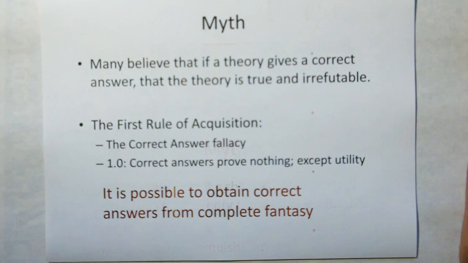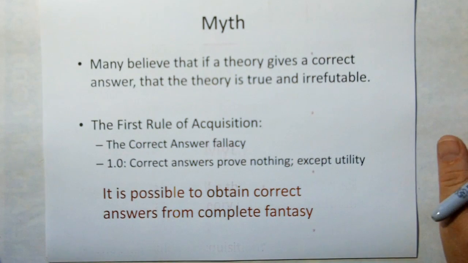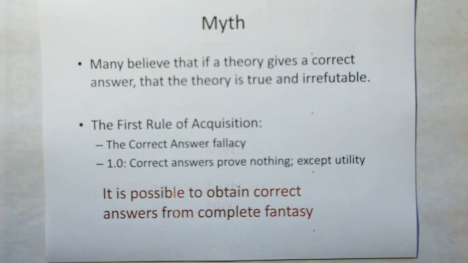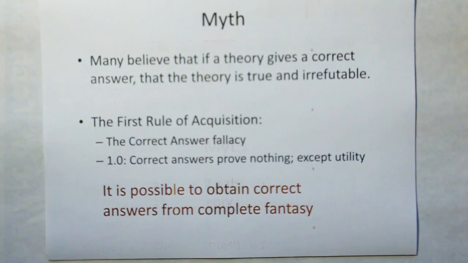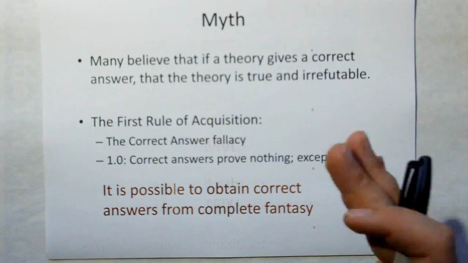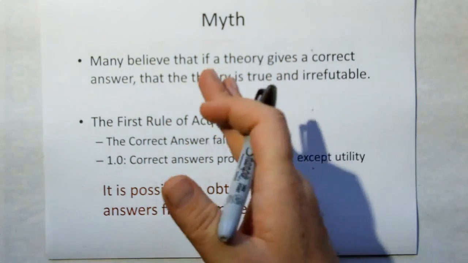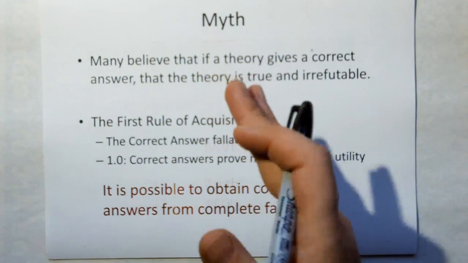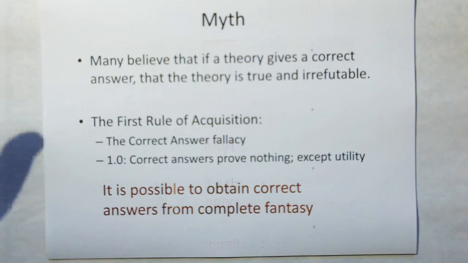Okay, look at the rules of acquisition. They'll show you examples. In the Foundation series, when considering loops of wire, I found four very different field models that gave identically good answers to the inductance of a loop inductor. And I had a tough time trying to figure out which one was more fundamental. Okay, so just because you have a theory that gives you good answers doesn't mean you have an irrefutable model. All it says is you have a model that mimics nature properly. That's all you can say.